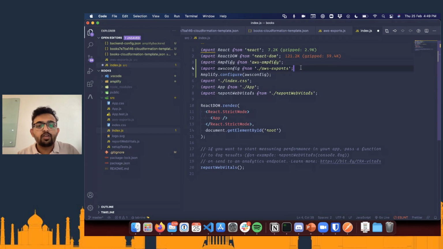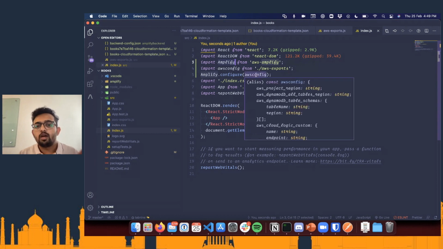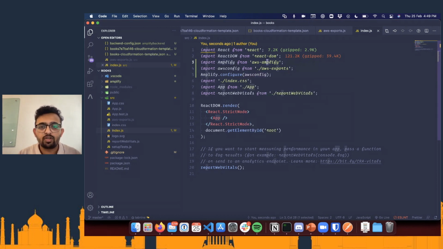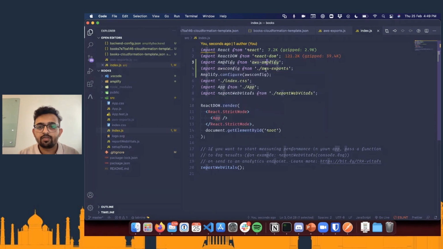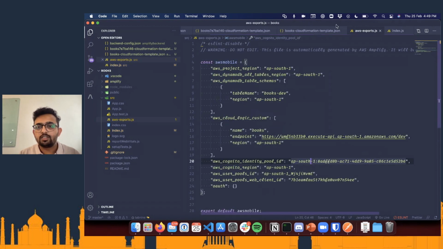What we are doing here is importing Amplify from the AWS Amplify JavaScript library. If you remember from my presentation earlier, there was the Amplify JavaScript library. This is what I was referring to. And it is importing the AWS config from the AWS exports file, which we kept looking at. This is the automatically generated configuration file from Amplify.